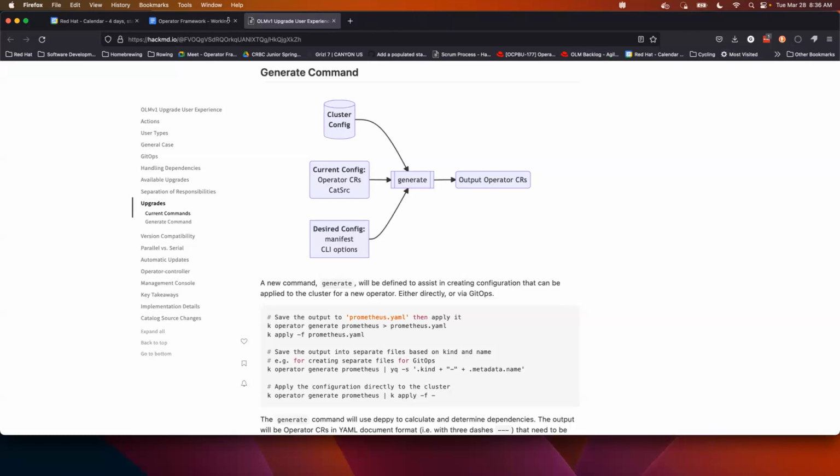So let me clarify that this generate process can run. The intent would be that there would be an opt-in process on the cluster that would be the equivalent to generate, so that it will automatically do these updates on your behalf. So it really depends upon how you view your cluster. If you are a GitOps